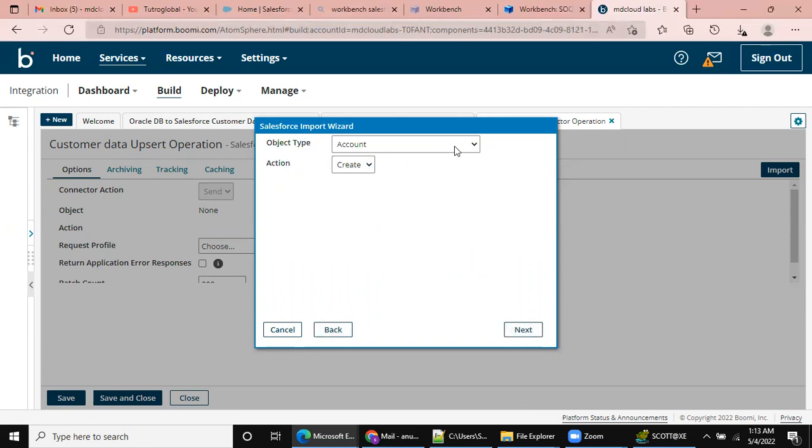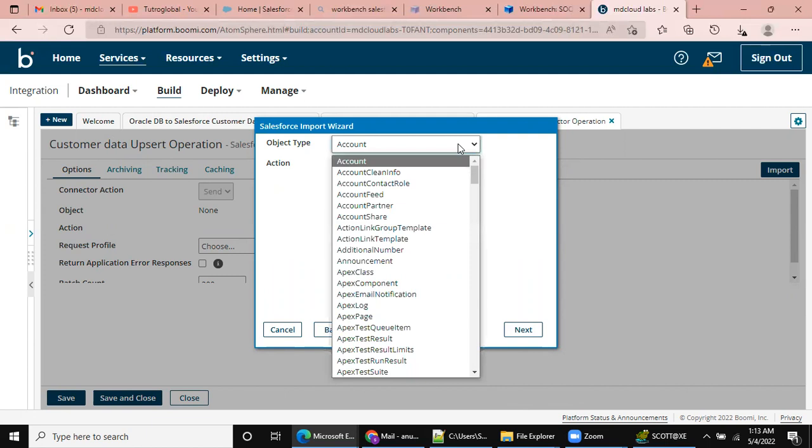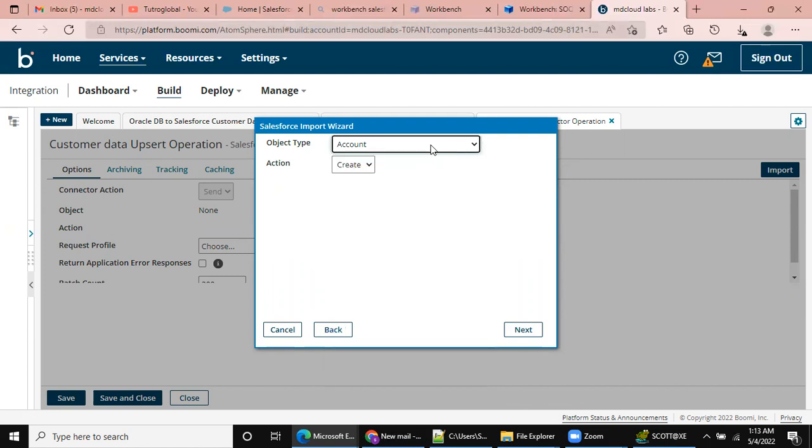I am inserting into the account object. There are so many objects in Salesforce, so I am selecting the account object, and my action will be the upsert operation. Upsert will conditionally insert or update. If the existing rows are there, it will update; otherwise it will insert. So next,